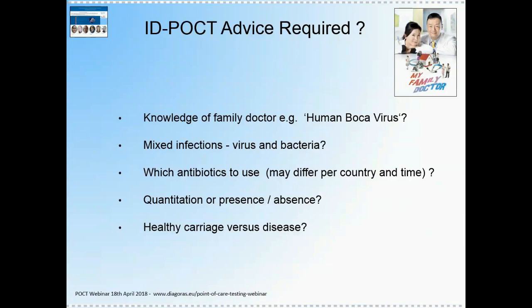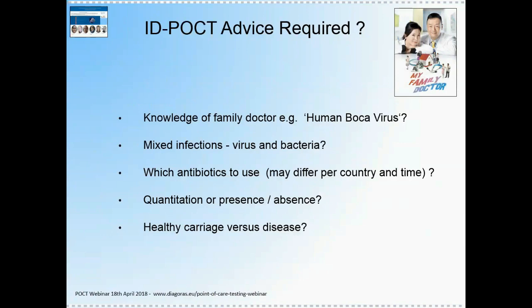And then you have problems with mixed infections. So if you have an influenza and a Staph aureus detected at the same time, do you treat the Staph aureus? Probably. But if you have a coronavirus 229E and a Staph aureus in a presumed lower respiratory tract infection, do you treat the bacterium then? How do you interpret mixed infections? Because usually you would think that the more information you have, the easier it will be to make a diagnosis, but actually more information may make it harder to make a diagnosis.